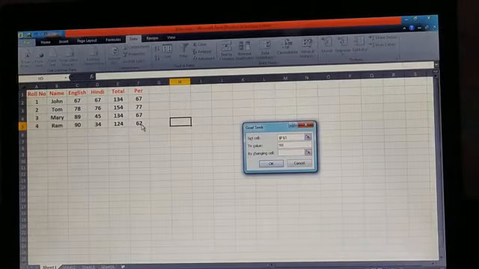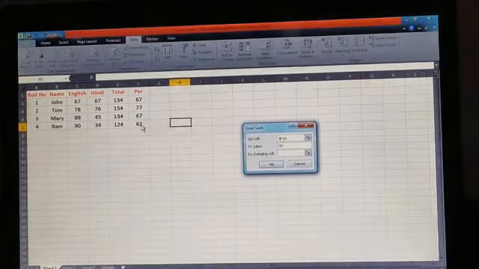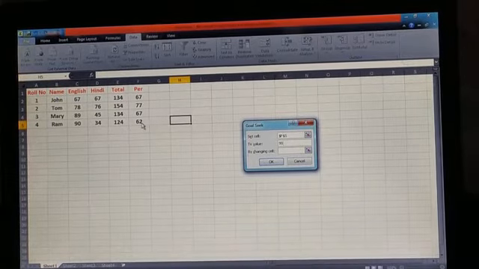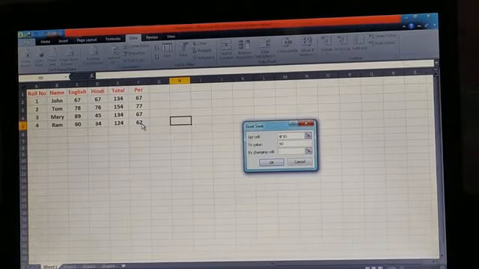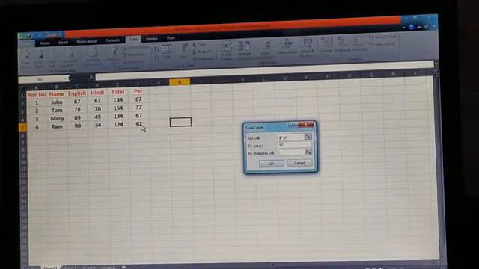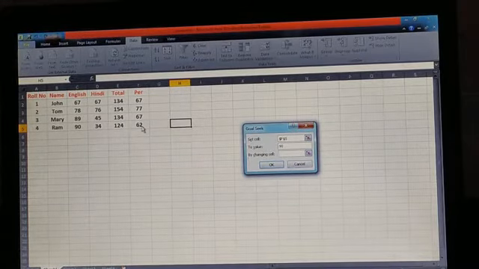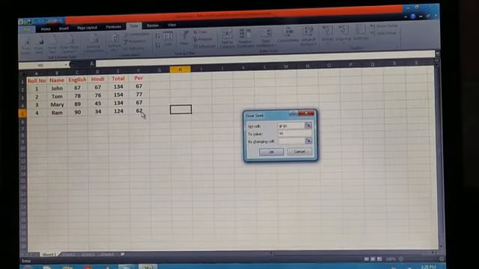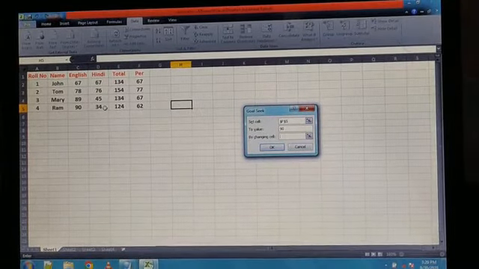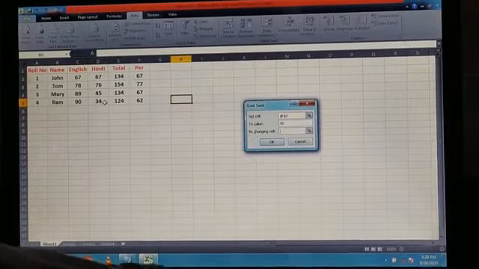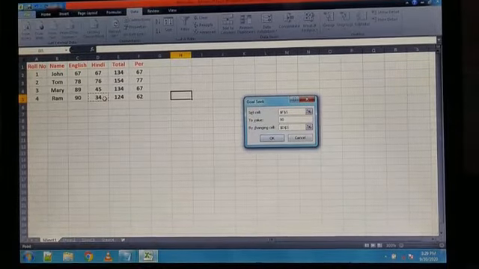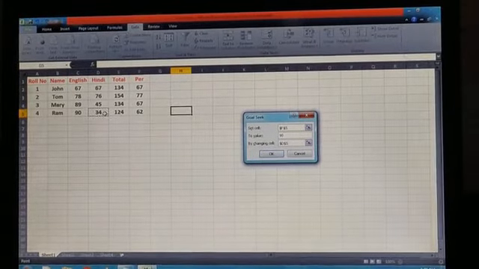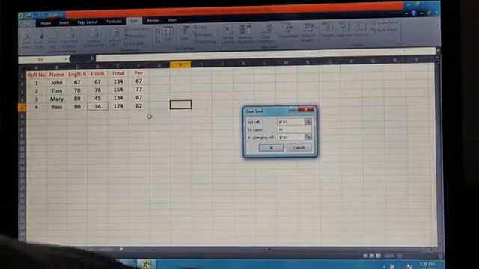Okay, this is the To value text box in which you have to type the new value, that is 90 as the result, and after that you have to press the tab key again from your keyboard. Okay, and after that click on the D5 cell on your worksheet. Yes student, this is the D5 cell on your worksheet. You have to click on that. The address will appear in the By changing cell text box. Now you have to click on the OK button.